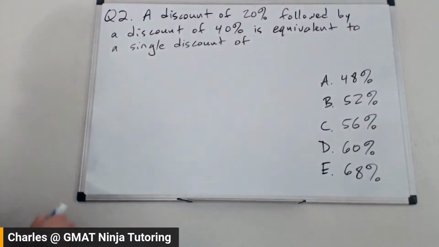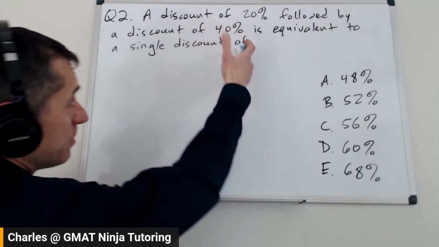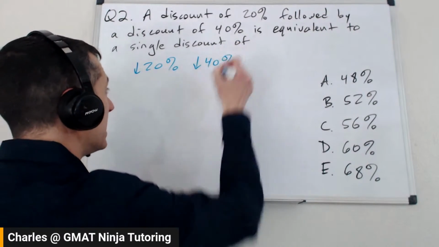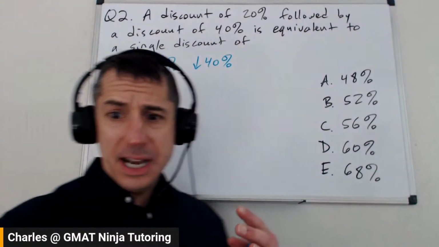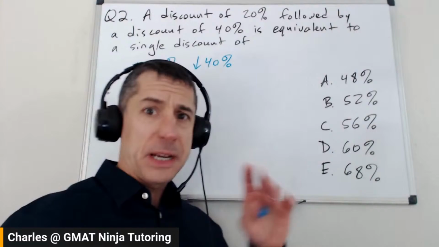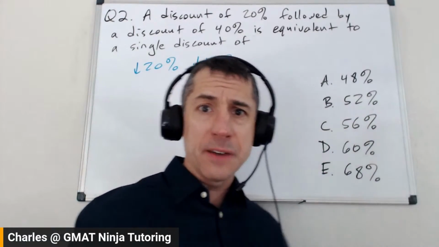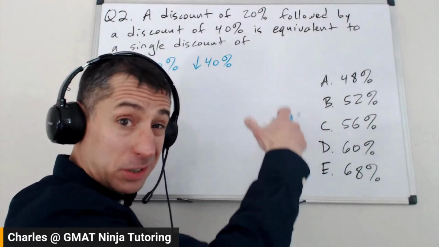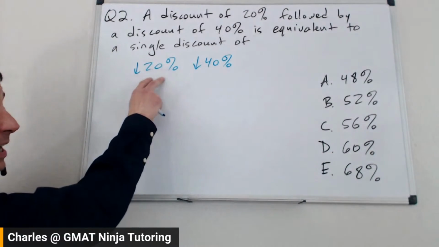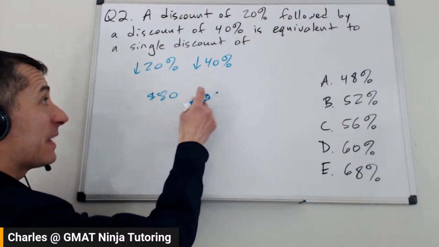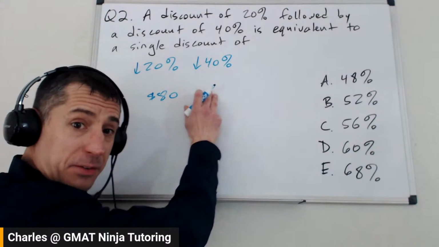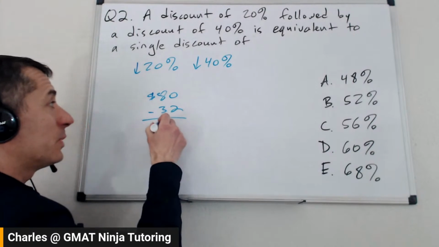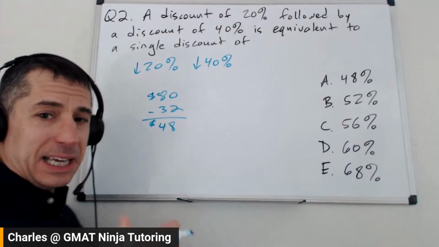All right, with that, we've got some price. It's going down by 20%, and then it's going down by 40%. Now, one way you could do this, which I think is inefficient, especially as we do a slightly more complicated version of this, is you could pretend that the original price was $100, let's say, and it goes down by $20, and now you have $80, and then you take 40% of that, and 40% of 80 is 32. So I subtract 32 and I get 40. You could do that. It works out okay here.